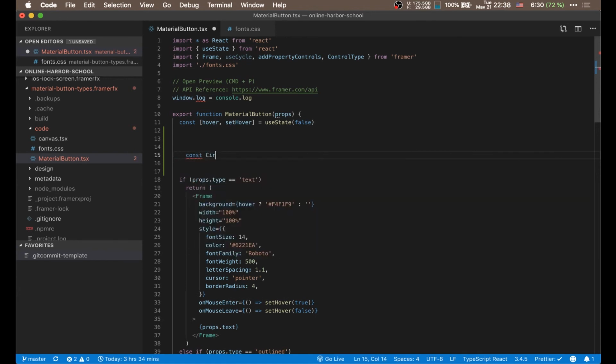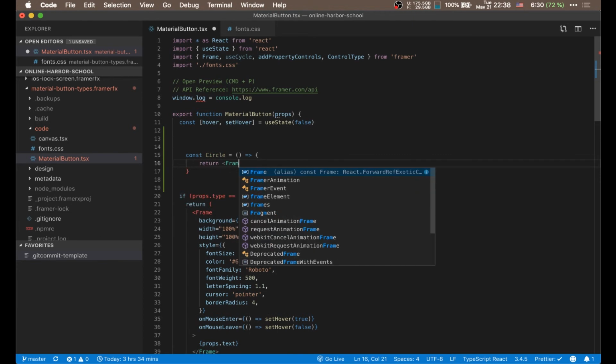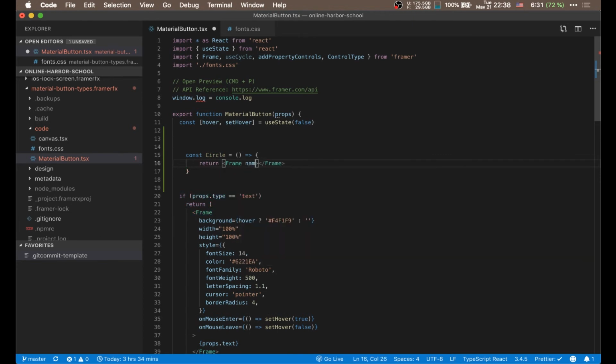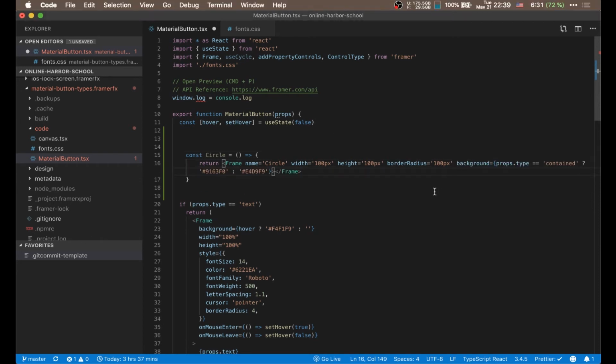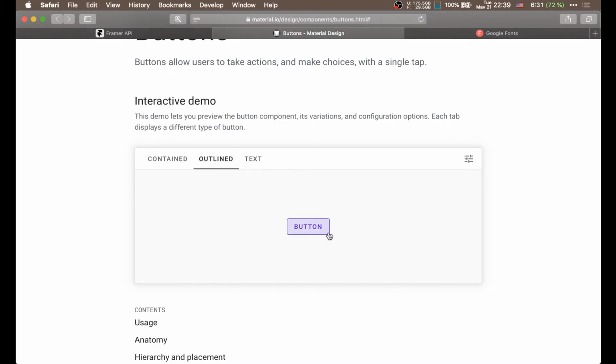First, circle and return little frame things. Maybe you can add some name to easily identify this is a circle. And maybe it has to be this. This is just an example amount, so you can change it if you want. Or the radius. I can add some background using types, because as you see when you click this button, these